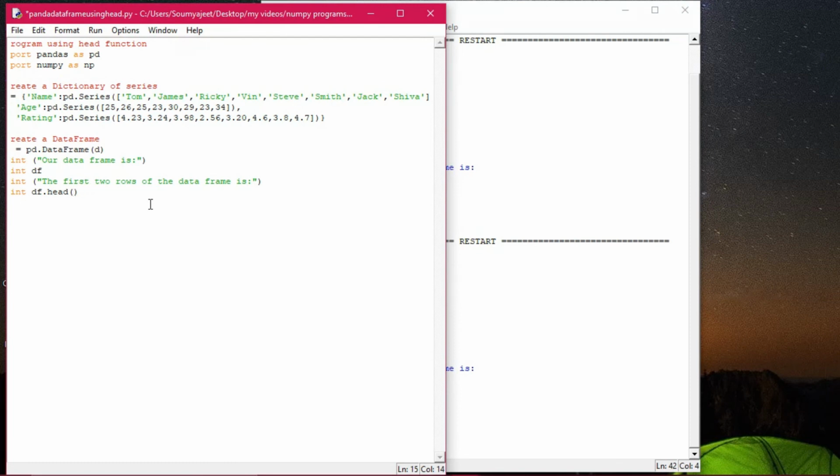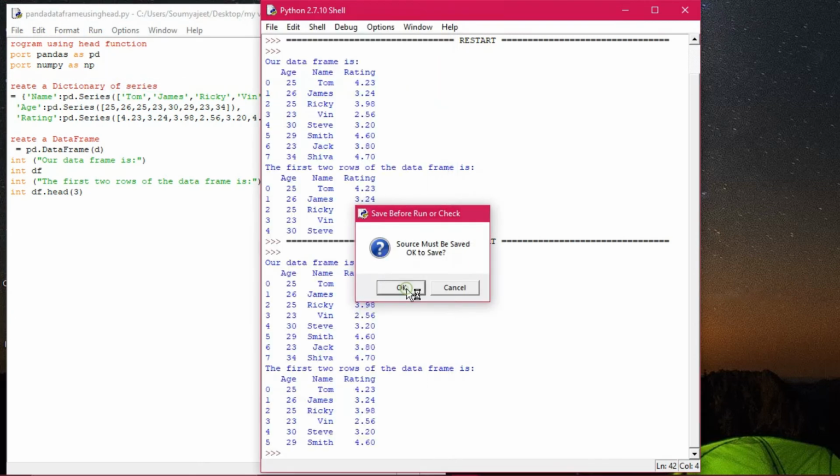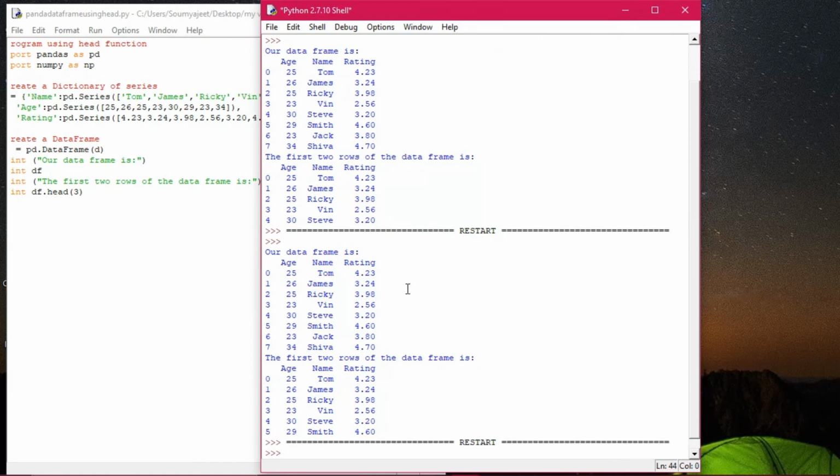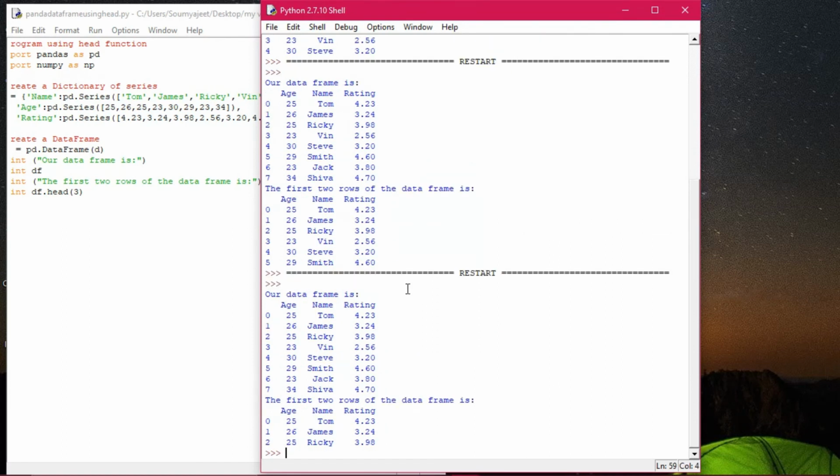Say I want to see the first 3 data. Then executing here, running this program. Now you see how it is appearing. Yes, it is appearing this way: 0, 1, 2. First 3 data have been displayed. Fine. So this is the way of functioning of the head function.